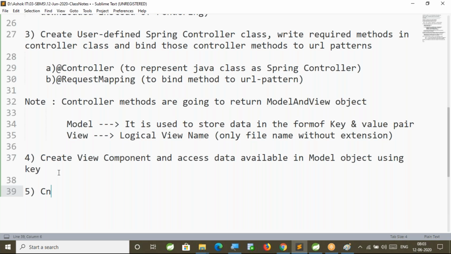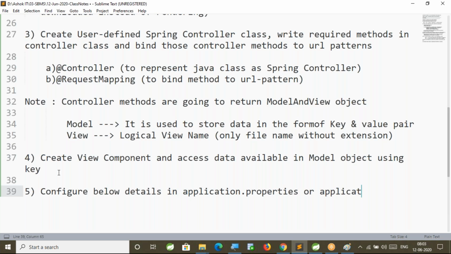Either we can use a properties file or we can use a YML file.